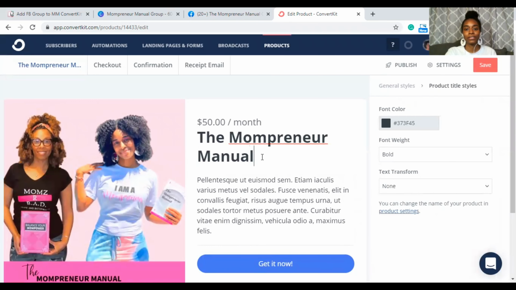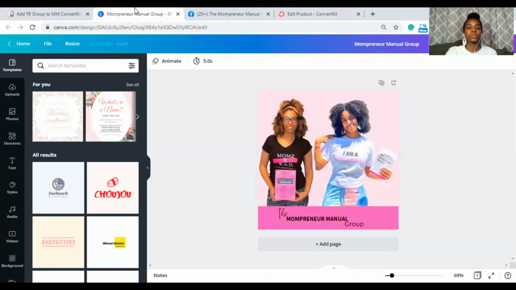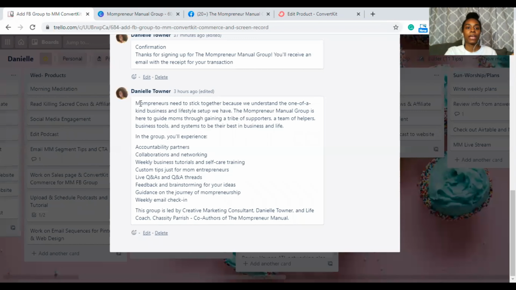And it just says the Mompreneur Manual. We want that to say group. And then we're going to add a quick description. Now, I do want to say that the first time I did this,